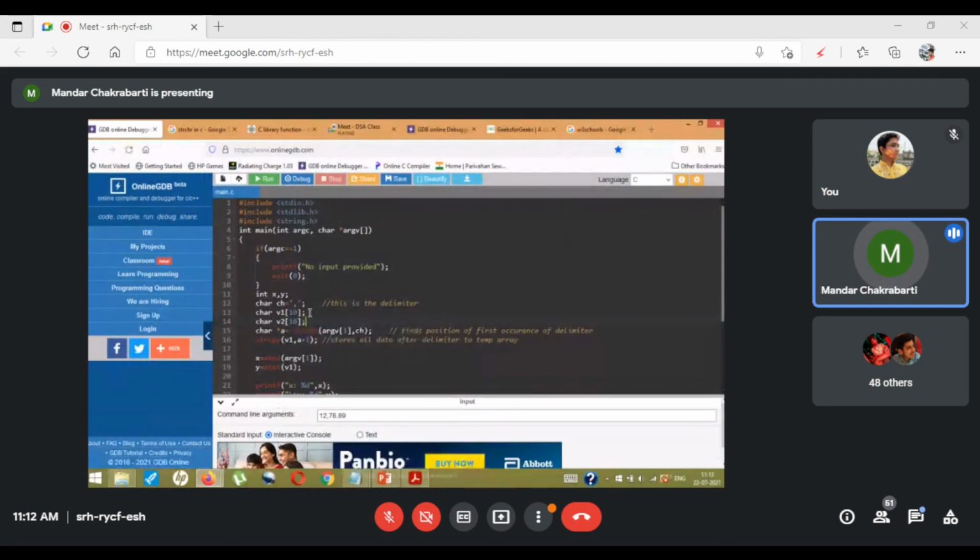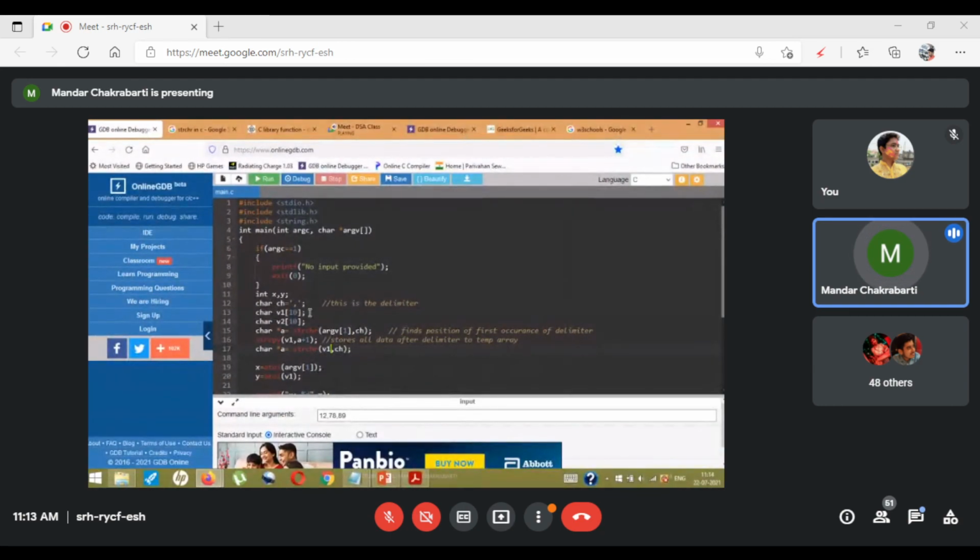char v2[10], and I'm storing this over here, and then A only, because my work with that one is already done. So instead of argv[1], this time I select v1.